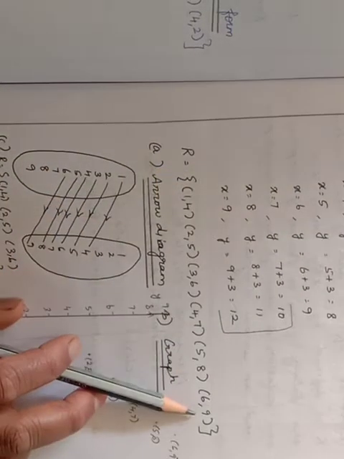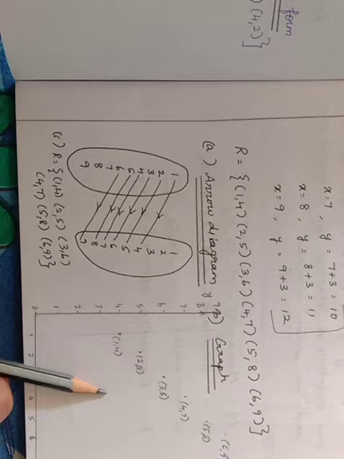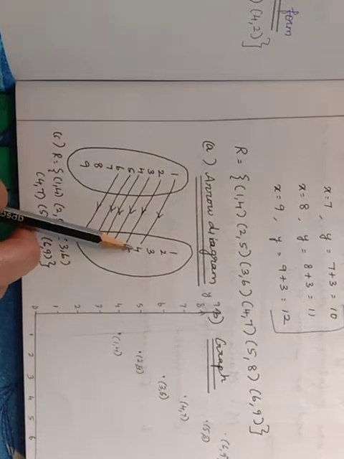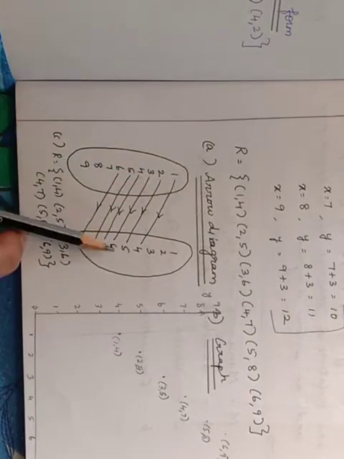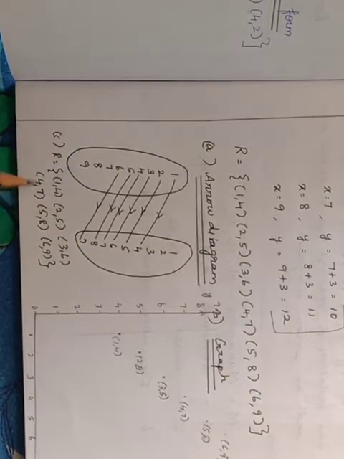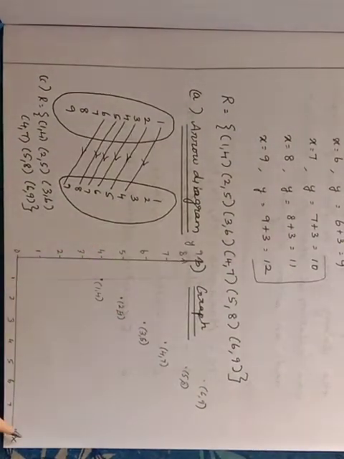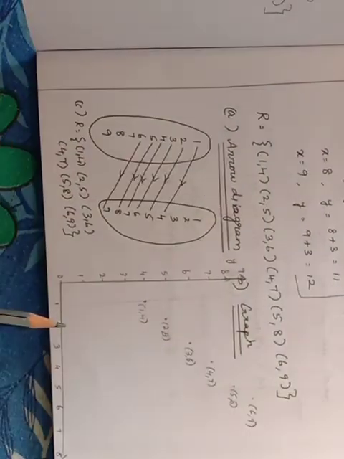So we'll write the roster form till this one, and we'll draw the arrow diagram and graph for this. From 1 you got the answer 4, (2, 5), (3, 6), (4, 7), (5, 8), (6, 9). For 7 we don't have the value here. So this is the roster form. For the graph, the first number is the x coordinate and the second number is the y coordinate that you have to plot. The plotting should be done only using the scale. You don't write your own measurement.